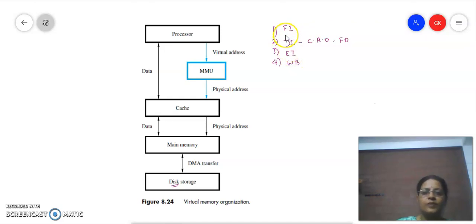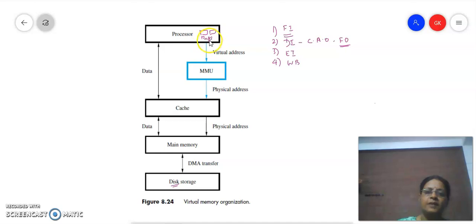Now if it is going to fetch the instruction, where is it going to fetch from? Fetching the instruction and fetching the operand is going to be from the memory. And which memory is it going to refer to? The CPU will always refer to the memory which is closer to it, and as such the processor also has some registers inbuilt. It will first look for the data in the registers available inside the CPU.